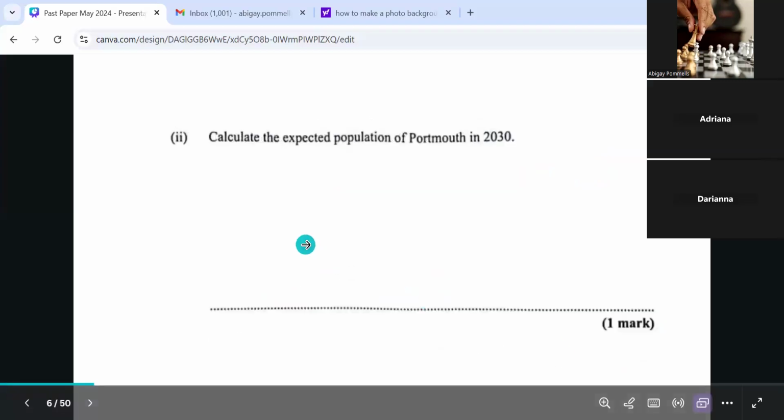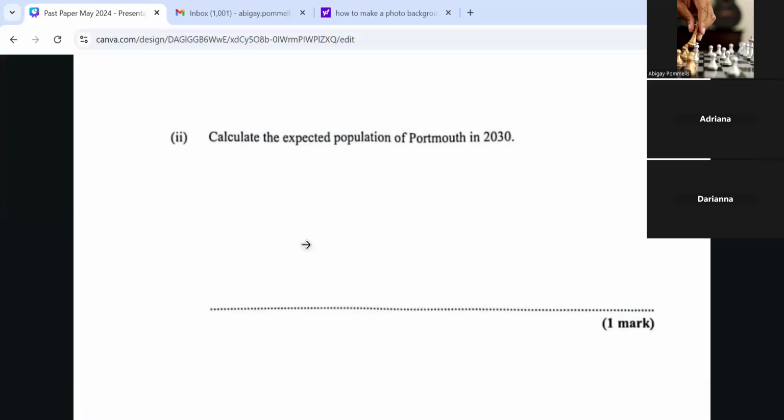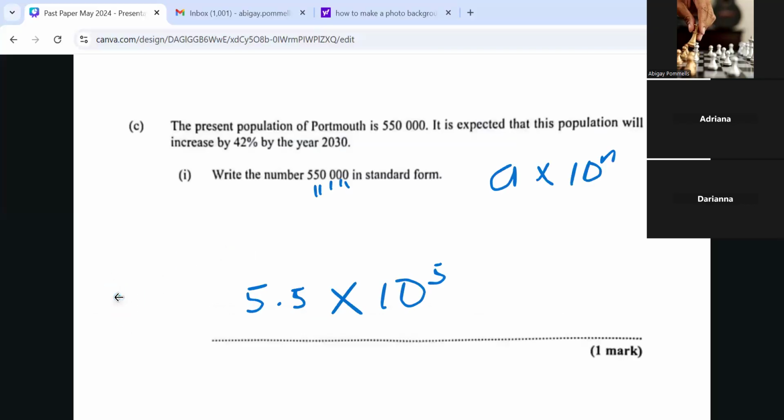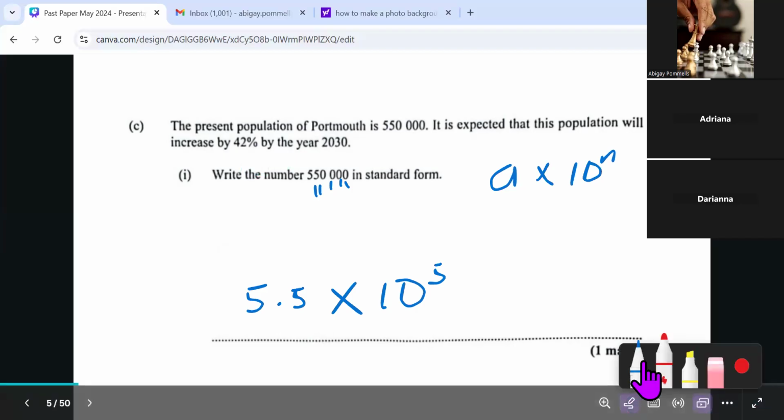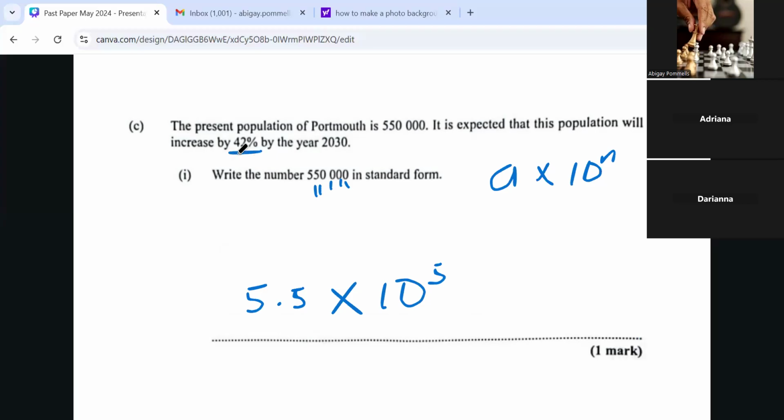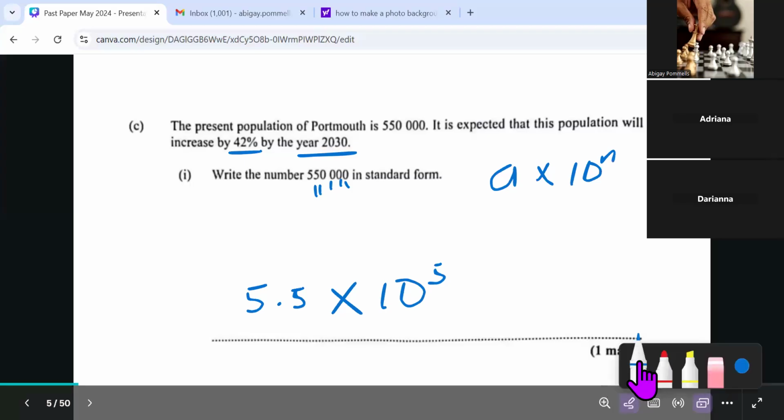All right, so it says calculate the expected population of Portmore in 2030. All right, so we're going to do percentage of a quantity, where we know that on the next side, we see that it says 42% increase in the year 2030. So what we are going to do is multiply